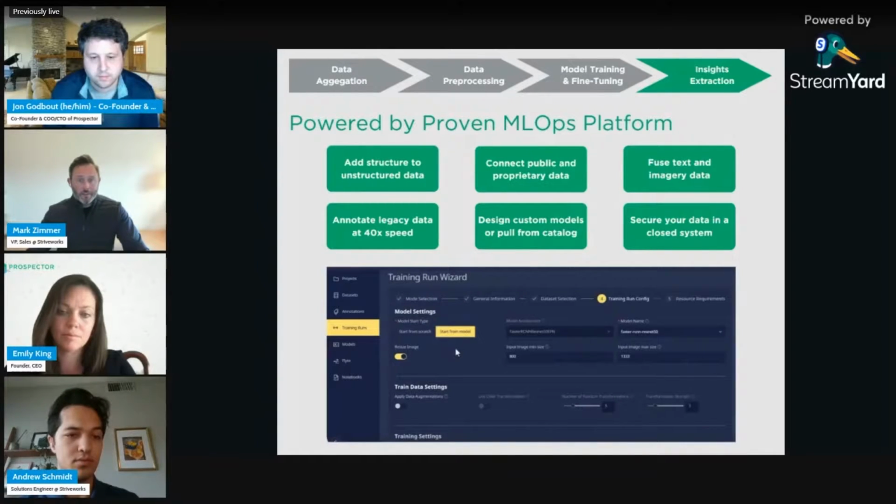The next piece here really is the ability for us to design custom models on top of the prepackaged models that you may have. We provide a very simple platform with a low code, no code UI that will allow your subject matter experts, say your geologists, to actually come in here and annotate data in a simple capacity that an 8-year-old can really do.